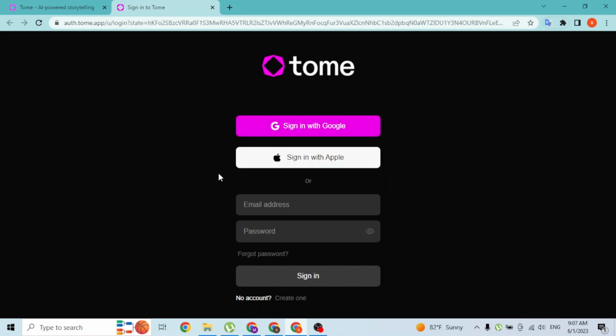And if you log into your respective accounts, either Google or Apple, on the page opened by clicking on these buttons, you'll also be logged into your Tome AI account online with your Google or your Apple account